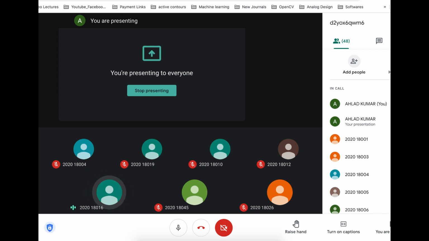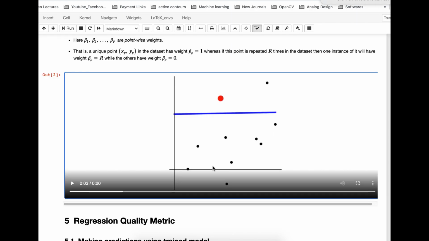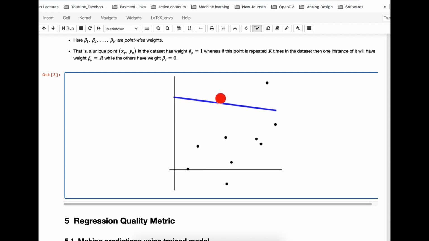Sir, after a certain value of beta, will the line become constant? Like it won't change anymore? This simulation is showing that if I keep on increasing the beta, the behavior is like that. But after increasing to a certain point, it will make no change, right? Yeah, I think so, because it's already getting close enough to the original data, to the confidence point. So once it coincides with the point, it won't change.